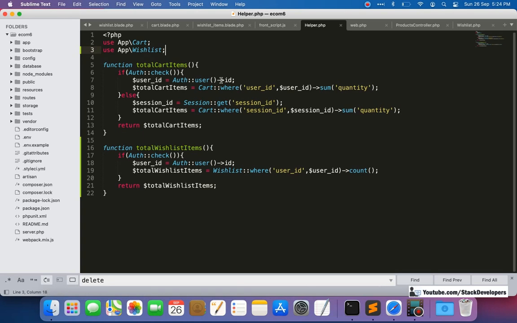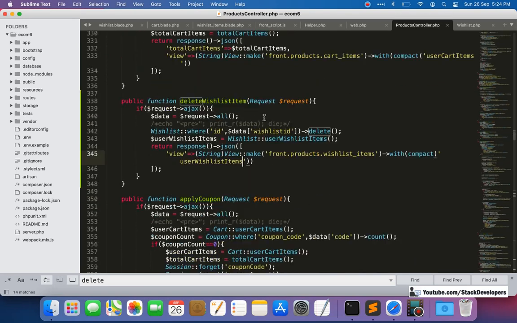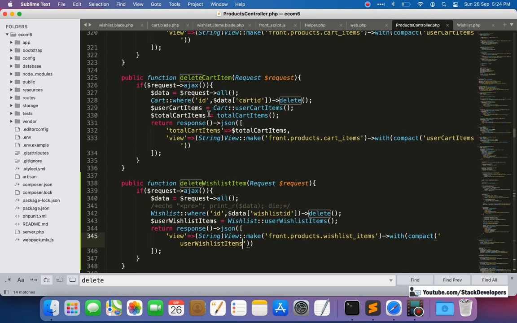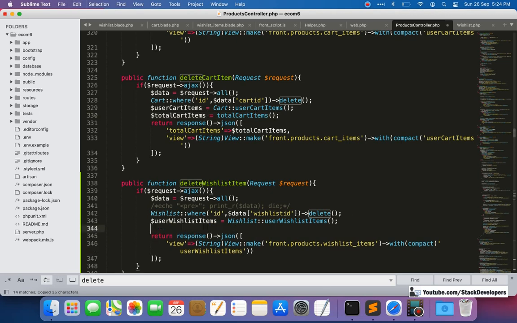So we are going to use this function in some places, like the delete wish list item in the products controller. In a similar way to how we use total cart items, we are going to use total wish list items instead of cart.